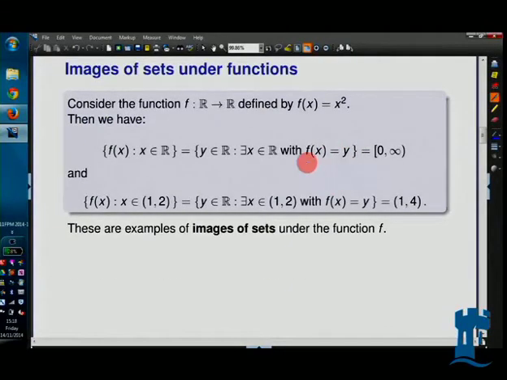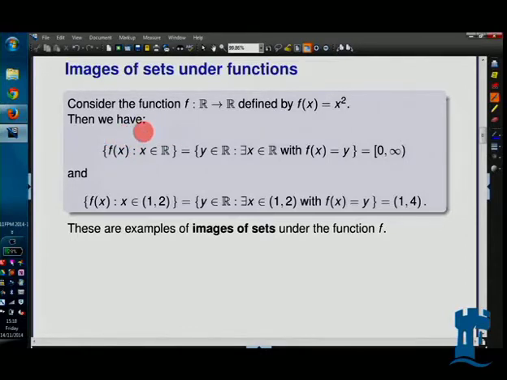Right, so let's look at images of sets under functions. So this is what was probably called range in calculus, when you look at all the values that your function can take. So we'll start with the function f of x equals x squared defined on the whole real line, taking values in the real line. And you ask, what are the values this can take? Well, we know that you only get non-negative real numbers, and you can get all the non-negative real numbers this way. So when you look at all the values you can get, f of x, where x is in R,